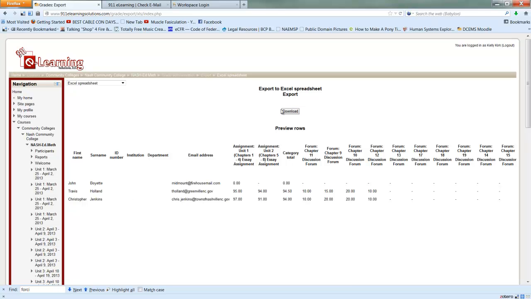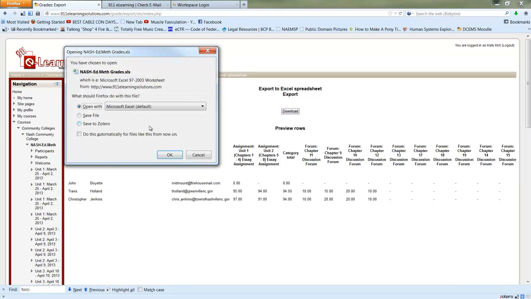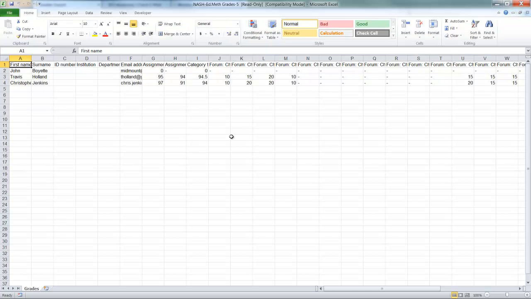and it just shows you a brief preview. Go ahead and click download. And in this case, you can save it to your computer. I always highly suggest that you save a file to your computer. Keep a file there on hand. But I'm going to go ahead and open it up, and what you see here are the grades from that particular course. So you go from A1, click on it,